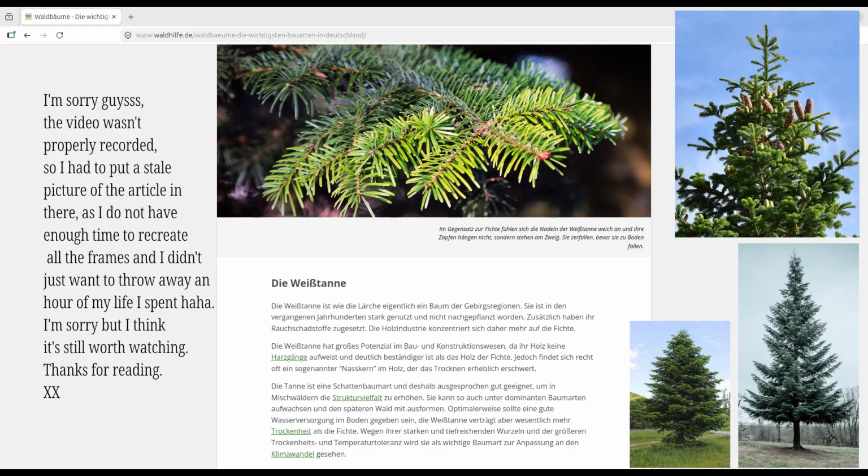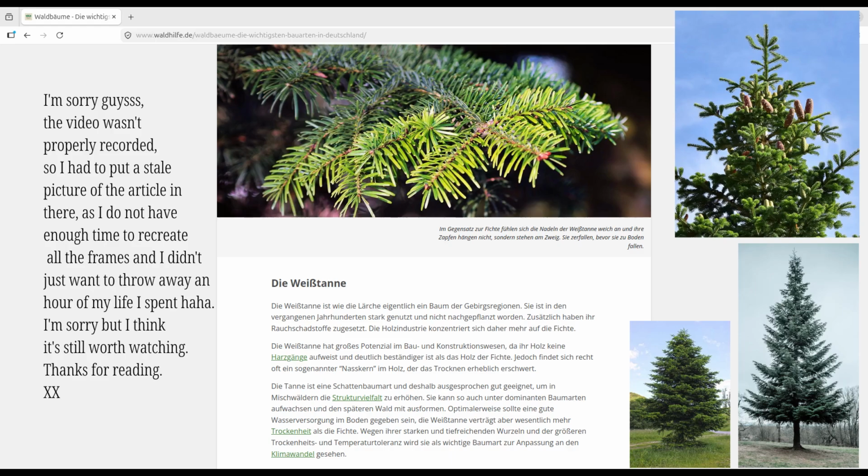Let me just have a look what that means in this case, maybe. This is just referring to another article. But yeah, beautiful. So, die Tanne, the spruce, the fir, is a shadow tree species and therefore very well suited to raise the structural